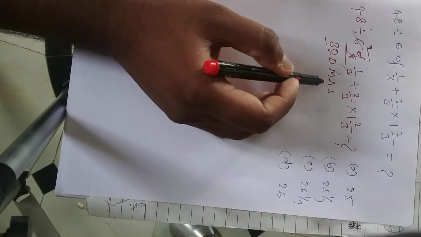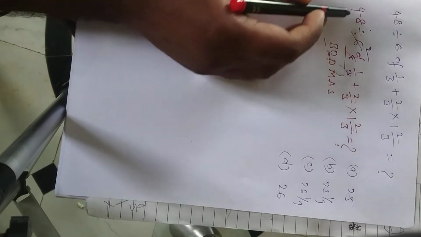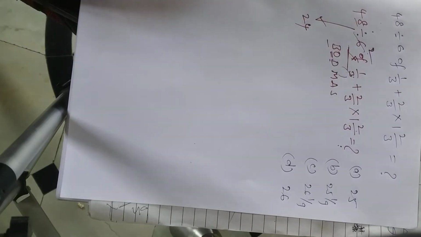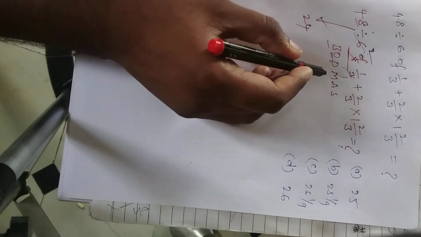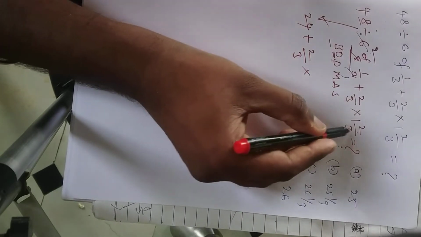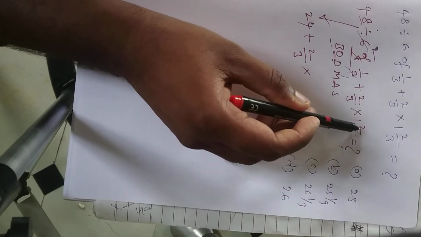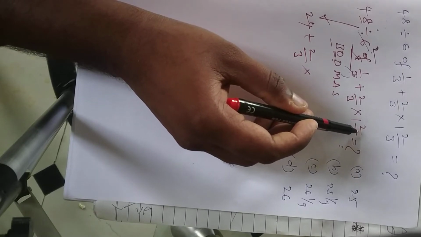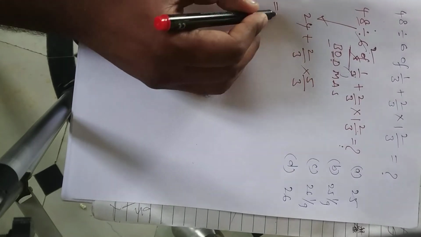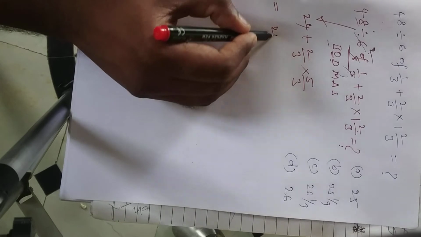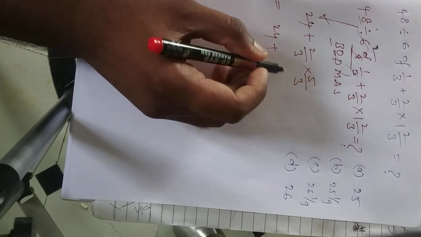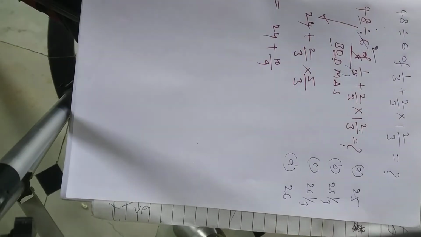Plus, next preference should be given to division. Now 48 divided by 2 is 24, right? 24 plus 2 by 3 into 1 2 by 3. 1 2 by 3 is nothing but 3 into 1, 3 plus 2, 5 by 3. So it is equal to 24 plus 5 into 2, 10 by 9, right,